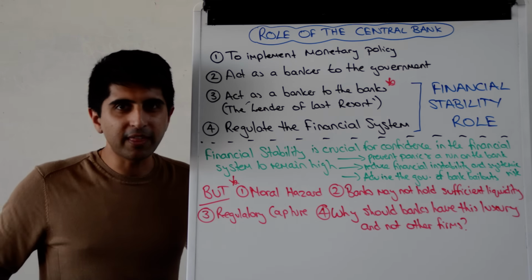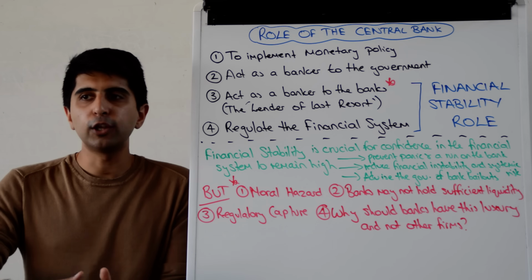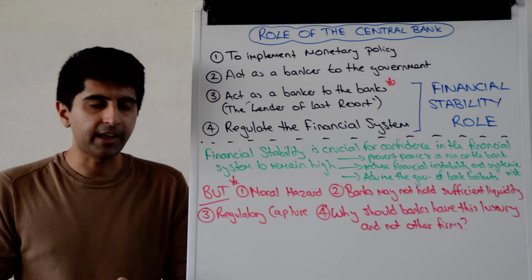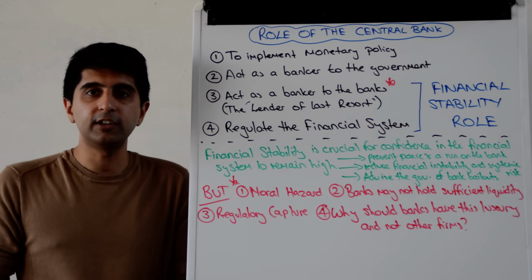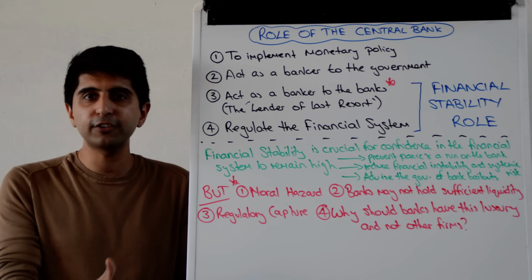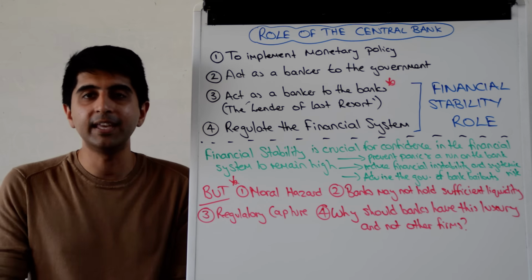You just encourage more of that behaviour, because a commercial bank knows that if ever they don't have liquidity, they can always run to the central bank and gain liquidity there. Linked to that is the idea that banks may simply just never hold sufficient liquidity, knowing that they've always got the central bank to hold their hand and to provide liquidity, whether non-emergency or emergency liquidity, if ever they need it, right?